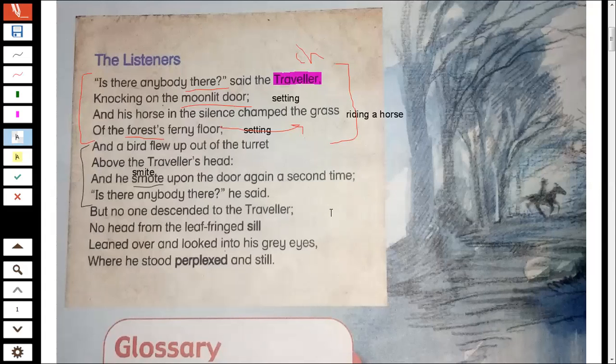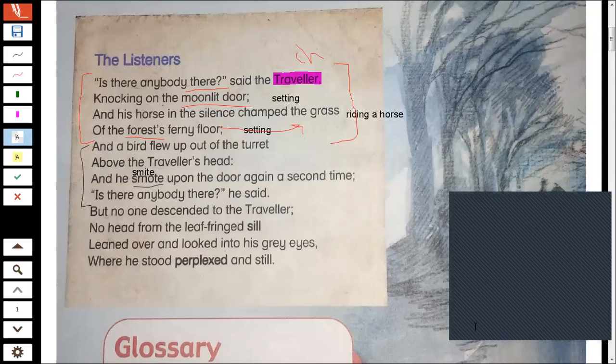So actually here, till line number 8, all we can have is the traveler dealing with nature all the time. He's still lonely, alone. No one with him. Moving down a little bit to the next 4 lines, I'll give you the same time of thinking. 1 minute of deep thinking, please.